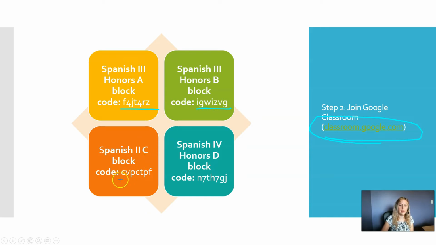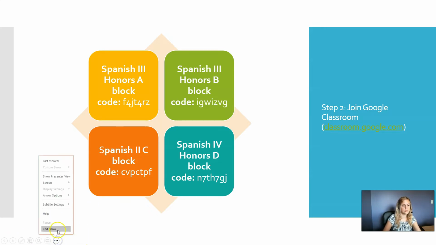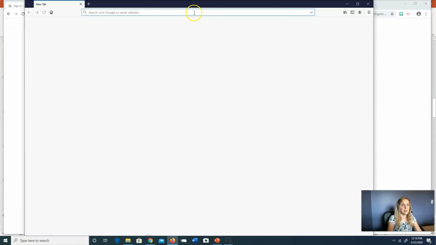Spanish 2 C block, this is your code. In Spanish 4 Honors D block, this is your code. So once you get into Google Classroom, you will enter in that code. Now, let me show you how this is going to look. So let me get out of my PowerPoint for 1 second. Vamos. And my shell. All right,